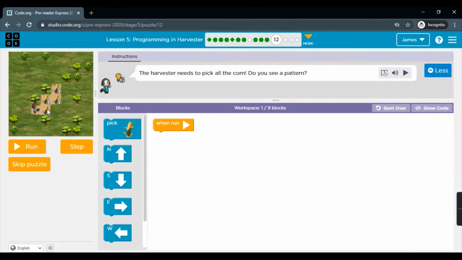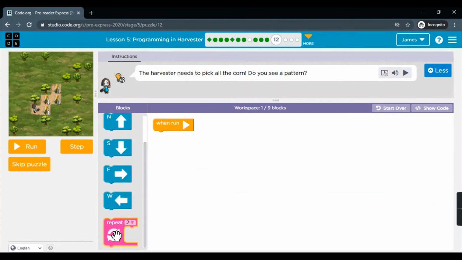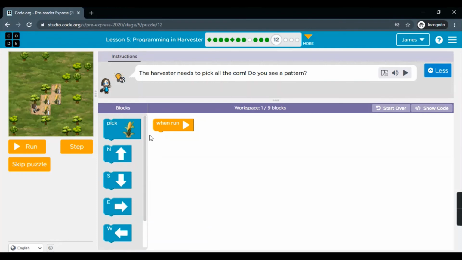The harvester will move here, that is one block east, then north one block, again east one block and north one block. So there is a pattern, and we can use the repeat block as well, but I am not using it right now. Let's do it.